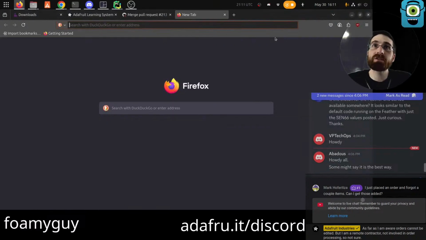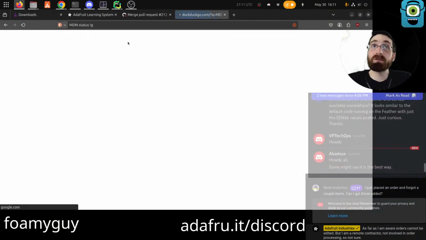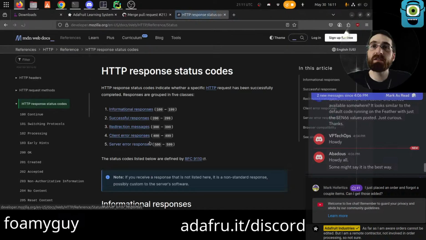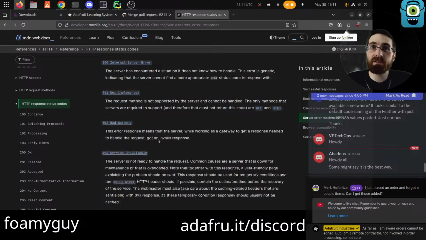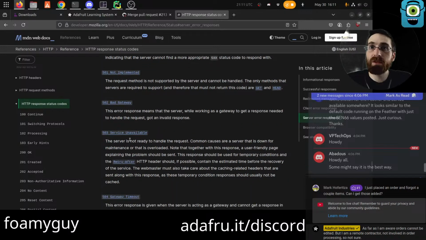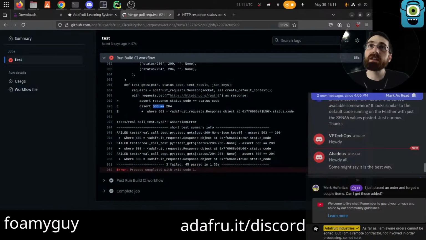Okay, I know what I was actually going to look for was MDN. We can go status codes. Let's see if 503. Maybe there's something a little bit more interesting there as far as what it is, but I think the gist of the 500s are basically that. Yeah, so service unavailable, server's not ready to handle a request. Server's down for maintenance or overloaded or whatever. It sent a reply to you, though. Like, we got a 503 response. That response came from the server. It's just the main application on the server that's intended to reply was unable to.